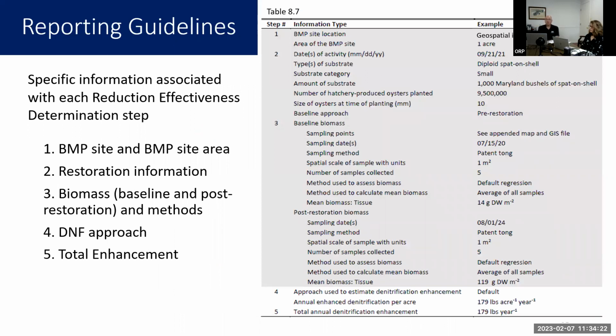Reporting guidelines. This is important because this needs to be implemented down the line by our state agencies. These are things that are really needed to come up with a whole program for crediting that's out there. So you need the site location and area. We need to know when things were planted, type of substrate, et cetera. You can read through a lot of these things: size of oysters at time of planting, baseline biomass